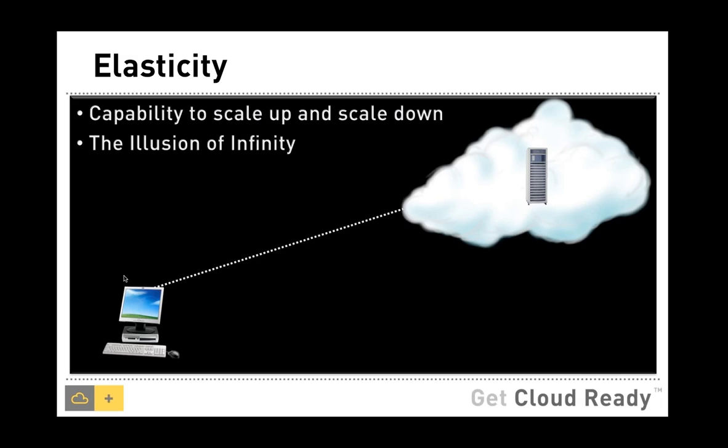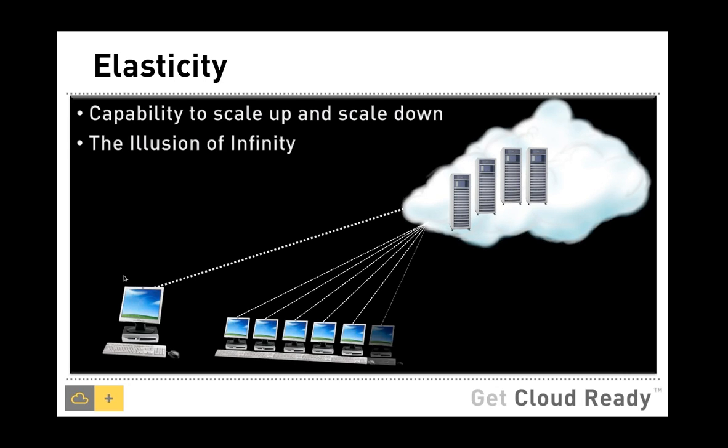So, instead of investing in resources that go waste throughout the year, these applications can enjoy elasticity on the cloud. So how does it really work? When the load increases, the number of servers on the cloud automatically expands, right? So your application will now start to automatically replicate across multiple servers, and there is no limit, which gives you what is called the illusion of infinity. You can spin up multiple machines as and when the load increases. This is great for e-commerce portals. This is great for many contemporary applications where there is a lot of unpredictable spike. This is one of the benefits of cloud.